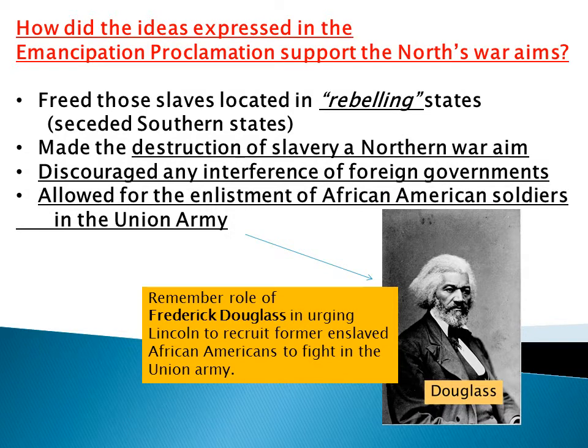How did the ideas expressed in the Emancipation Proclamation support the North's war aims? First, it freed those slaves located in rebelling states, in those states which had seceded from the Union. It doesn't free slaves everywhere, but it does make the destruction of slavery a Northern war aim or goal. It discouraged any interference of foreign governments like the British, which had abolished slavery before. So the British will not side with the South after the North has issued the Emancipation Proclamation. And it allowed for the enlistment of African American soldiers in the Union Army. Recall the role that we had talked about Frederick Douglass playing in this,